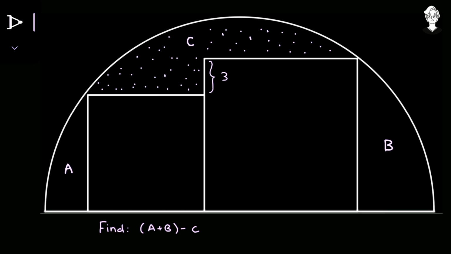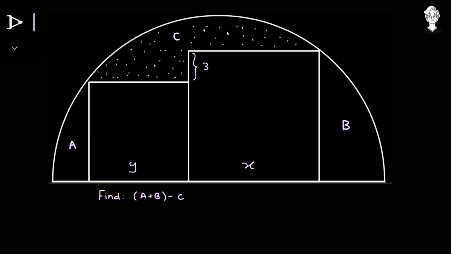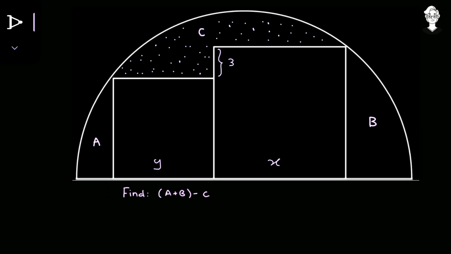How can we solve for this? So first of all, we will start our solution by considering the side length of the square. So let the side length of the bigger square be equals to x, and let the side length of the smaller square be equals to y. So if the length of these two squares are x and y, and this particular length has been given 3, so it's clear from the diagram that 3 is nothing but it's the difference between the side length of these two squares, the longer side minus the shorter side. So first thing that we have got is that x minus y, that is the longer minus the shorter, is given that is equals to 3.